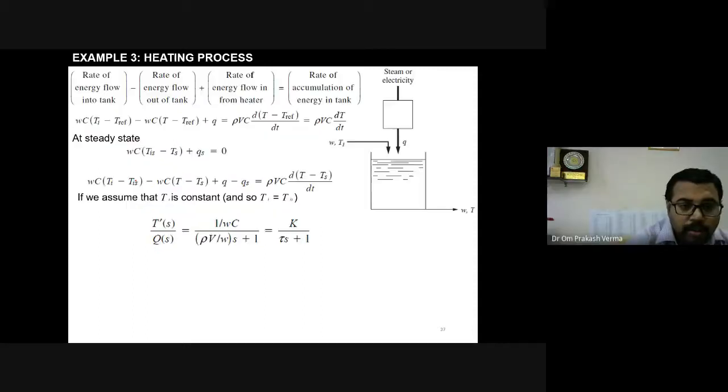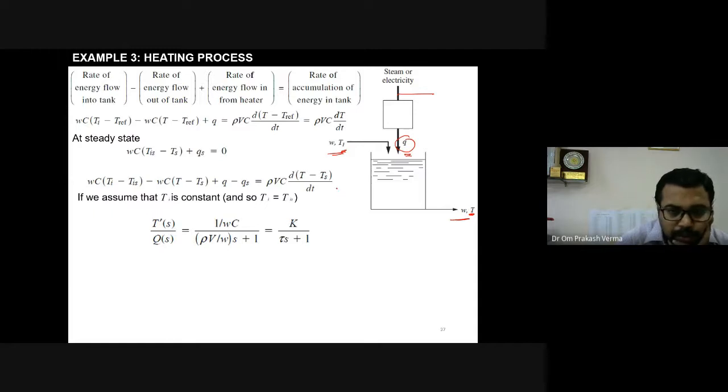No. Okay. So in this problem, this is one of the important problems. Now we have to write the energy equation. Okay, why? Because the flow is entering the tank with temperature Ti, and some steam or electricity is coming, and that heat entering the tank is Q. Okay, and this is the WT. Now our target is to control this steam flow so that we can maintain the temperature inside the tank at a T temperature, right?